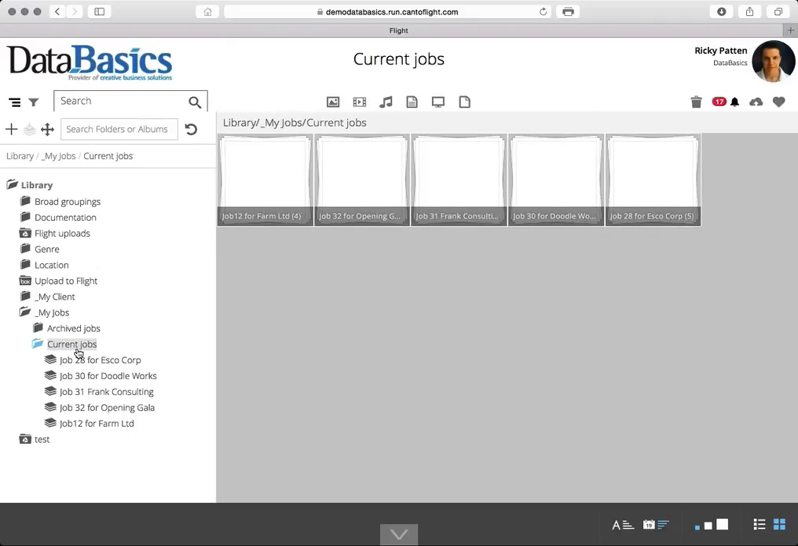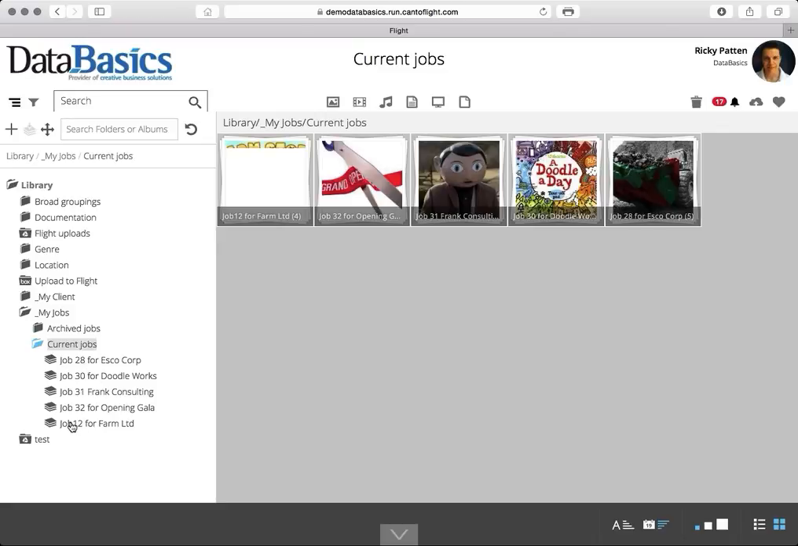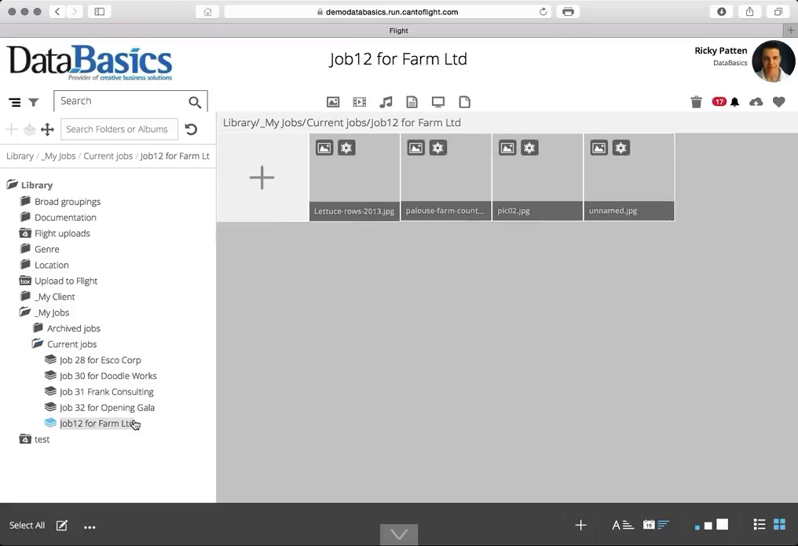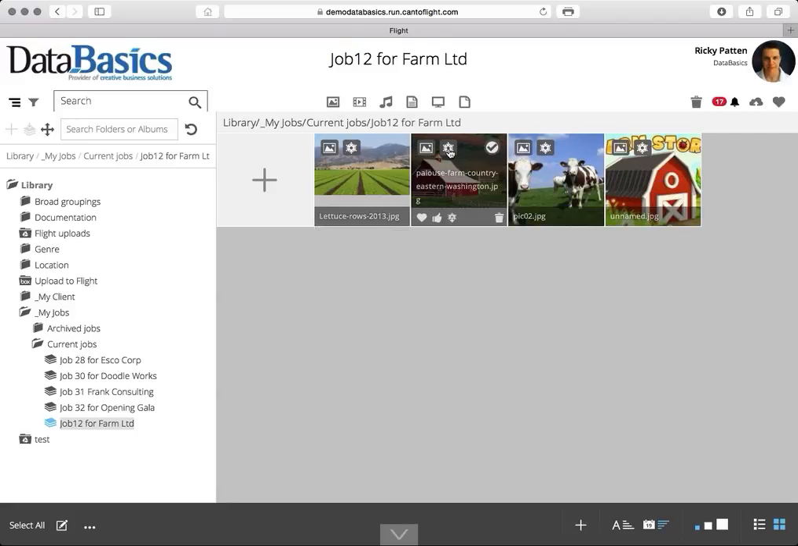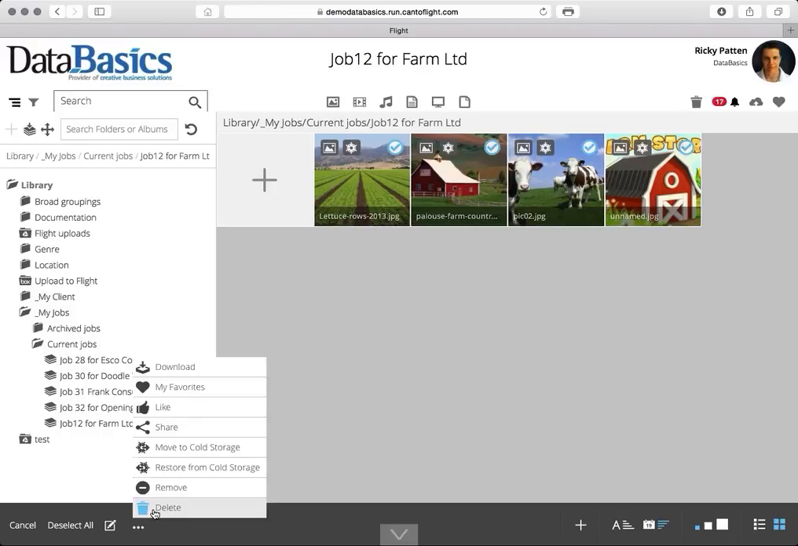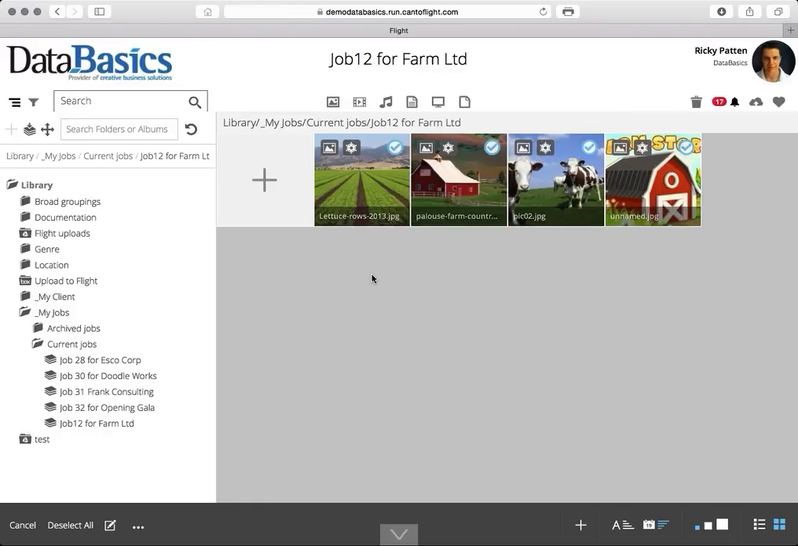So if I go back into my current jobs, you can see that here's job 12 for Farm. You can see all of the assets currently in the farm job are in cold storage, and you can see that by the icon here, the little snowflake icon. So I can select all of these files and I can go and I can restore these from cold storage. Okay, and that'll take a little while, so whilst that's working along in the background,